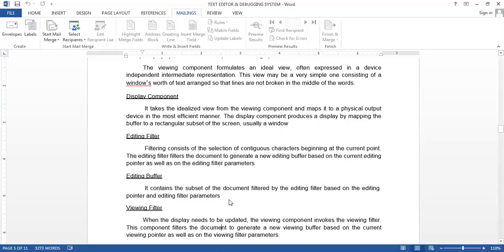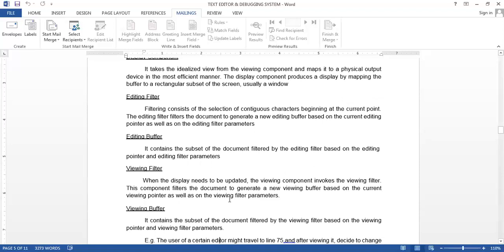Then the viewing buffer also: whatever we want to view from the selected part will be filtered. When the display needs to be updated, the viewing component invokes the viewing filter, and the component filters the document to generate a new view, the new things that we want to view, based on the current viewing pointer as well as the viewing filter parameter.